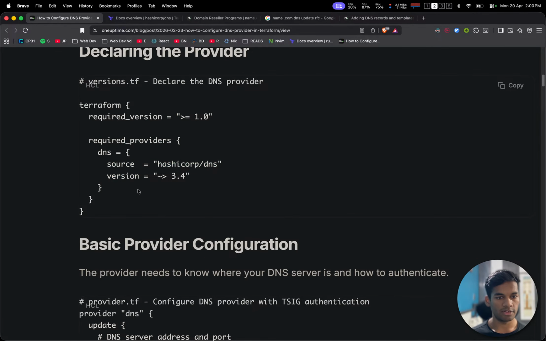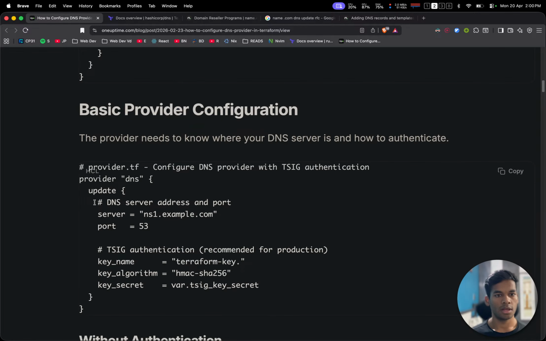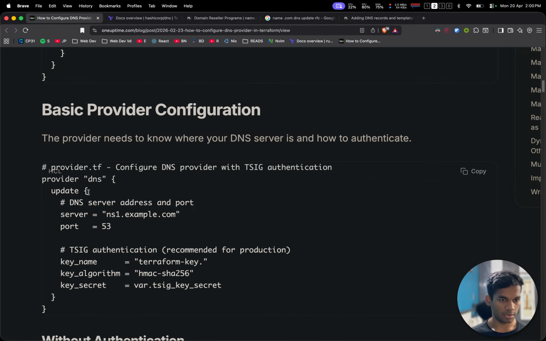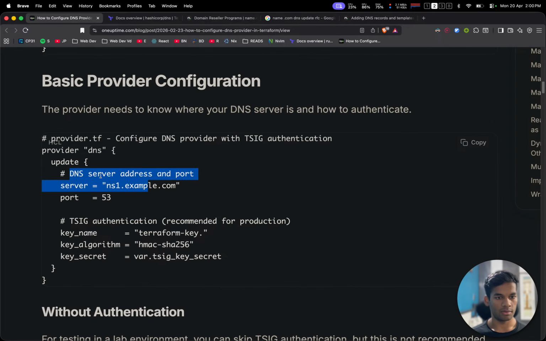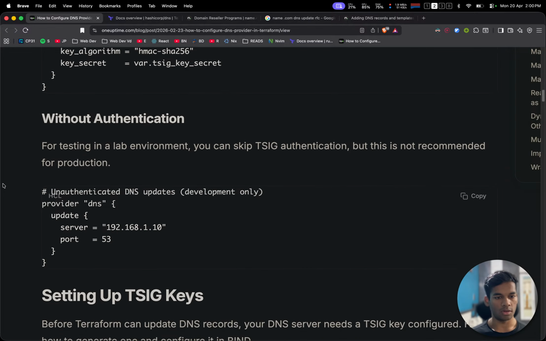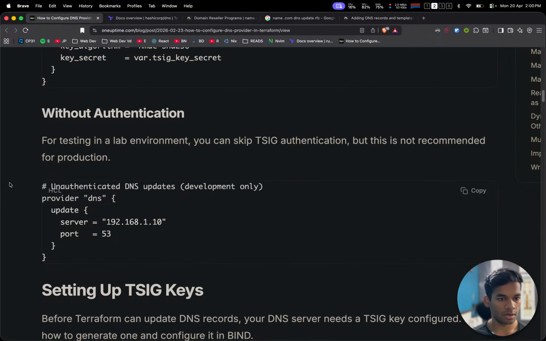Okay, this will give us the DNS provider and then basic provider configuration. We have to set up configuration for the provider. Okay, it takes key name, key secret, Terraform key recommended for production server, DNS server address and port. Port is this. Okay. Without authentication, we can also do this for testing in a lab environment. You can skip